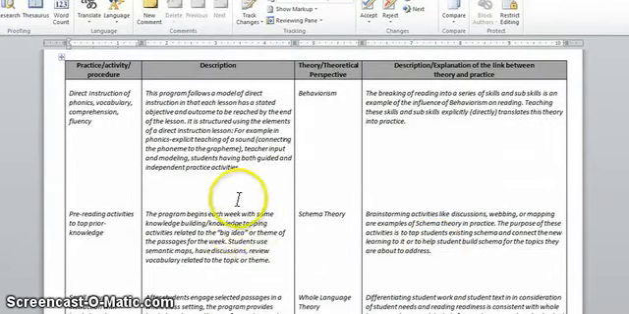So you see the difference here: this side is a description of the practice that they're using. Then once I identify the theory, I want to write a couple of sentences about why that practice is an example of the theory. All right, so I'm about at the